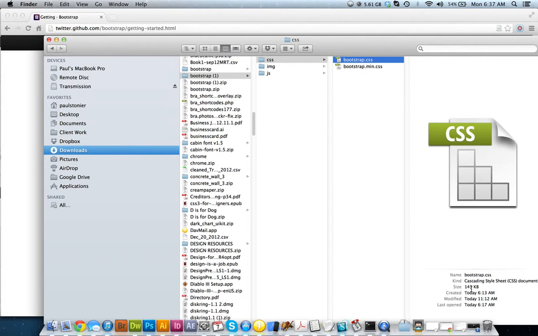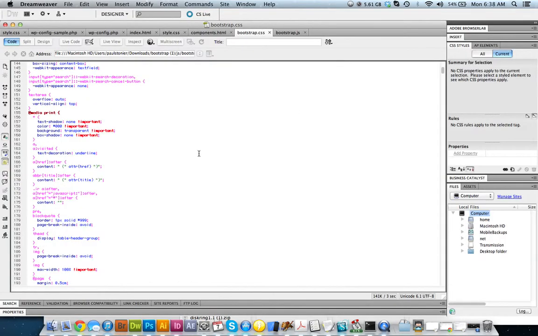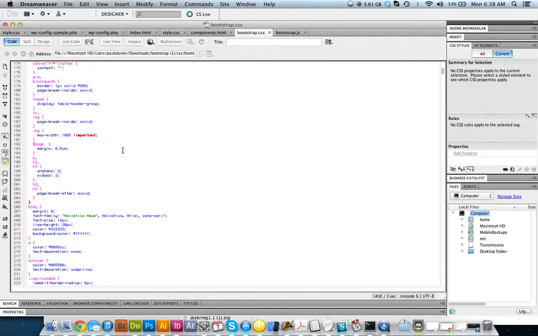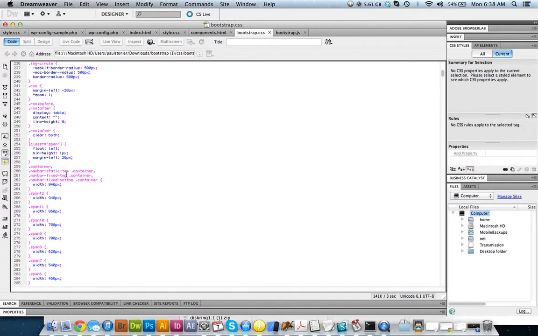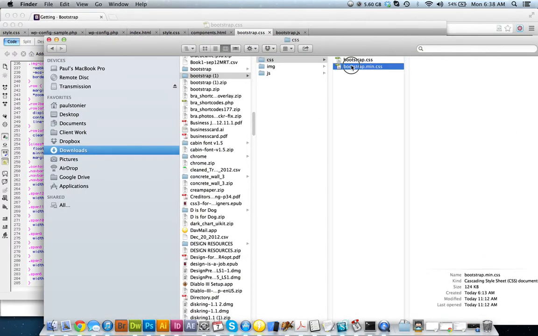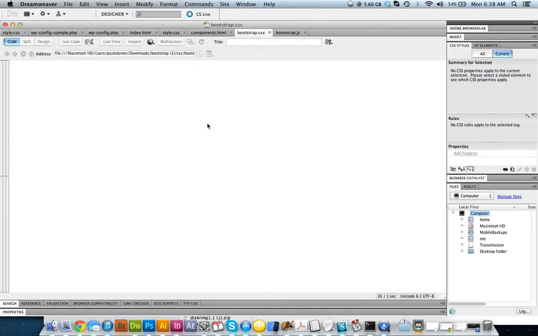So you'll see the one is 143 kilobytes, the next one's 128. They give you both because this bootstrap.css file is a lot easier to modify and update your own version rather than trying to edit this,